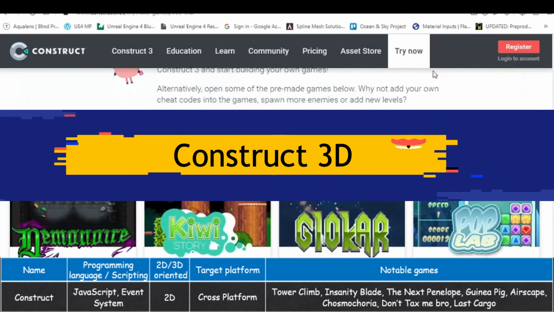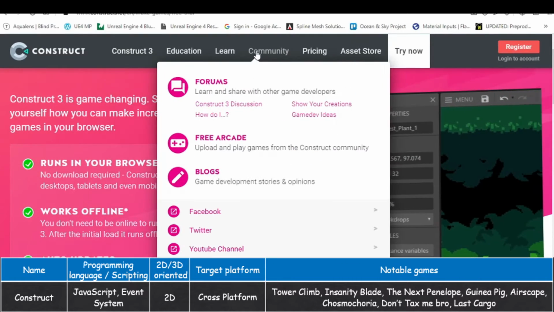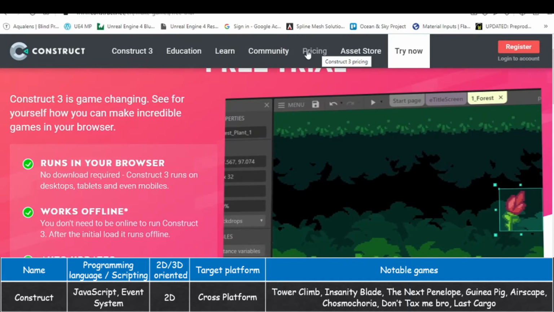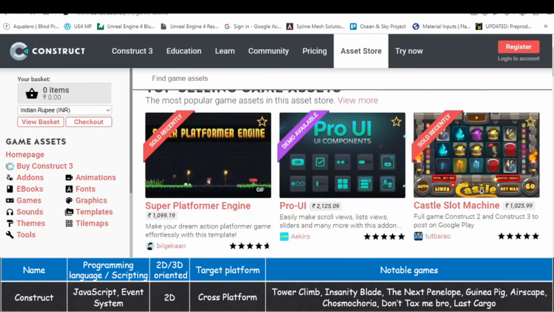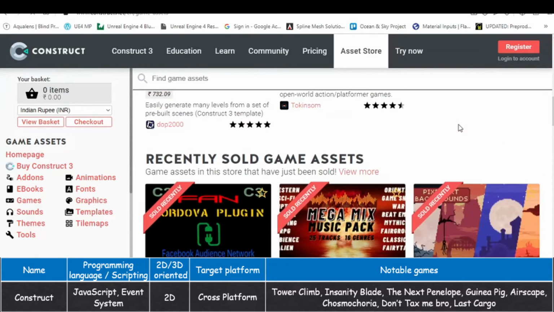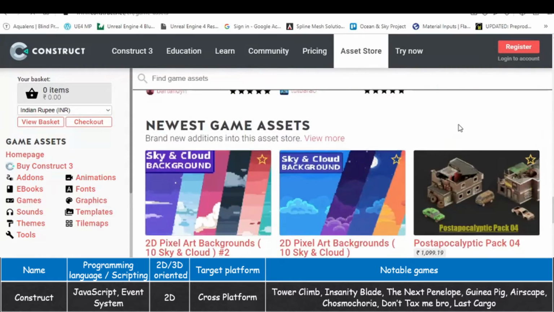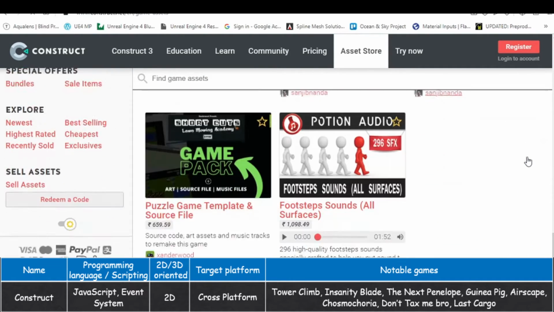Number 4 in the series is Construct 3. Construct 3 is the perfect tool if you want to make great 2D games. This game creation engine offers an intuitive drag and drop interface that lets you use your HTML5 knowledge. Construct 3 is the best software to create games. Over 60,000 users monthly make and sell thousands of games globally. This means you can make games for Newgrounds, Facebook, Kongregate, and popular web browsers.